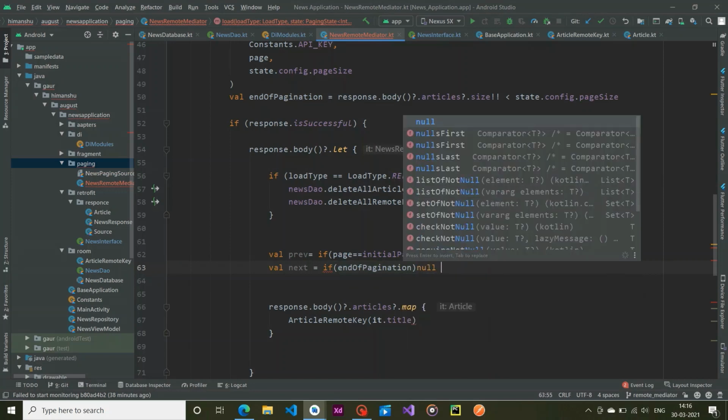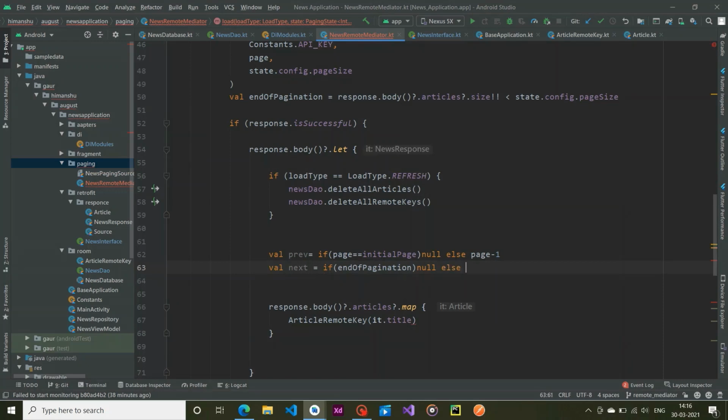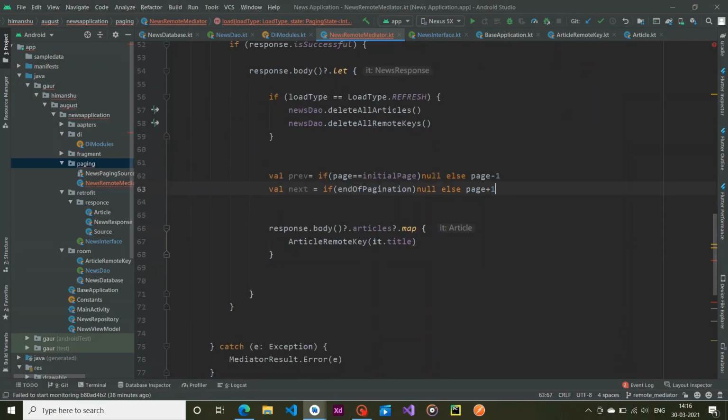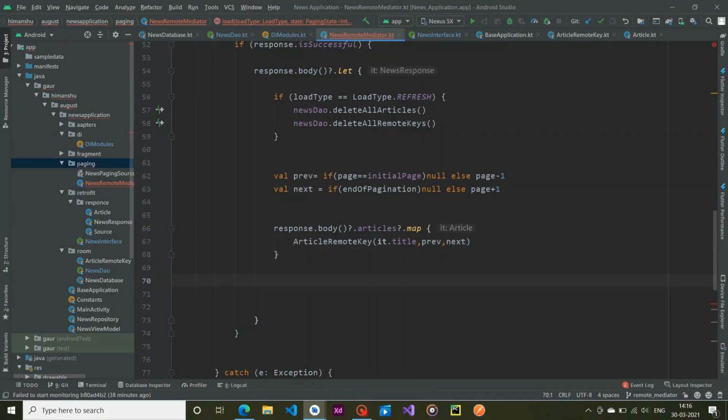At that time return null, and if it is not the case, return page plus 1. So this is the previous and the next. So pass the previous and the next in our article remote key. It will return a list of article remote key.